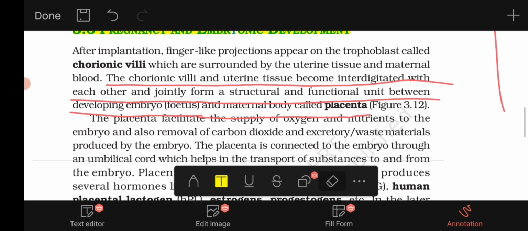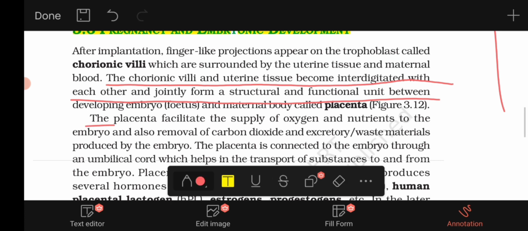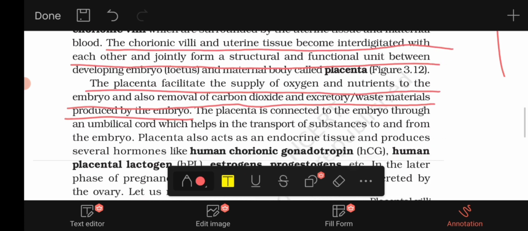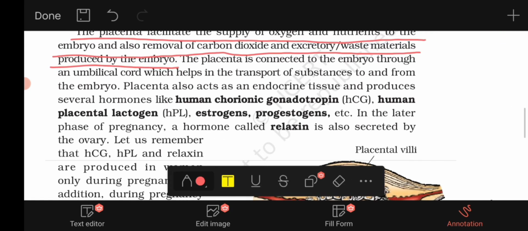This placenta facilitates the supply of oxygen and nutrients to the embryo, and also the removal of carbon dioxide and excretory or waste substances produced by the embryo. The placenta is connected to the embryo through the umbilical cord, which helps in transport of these substances to and from